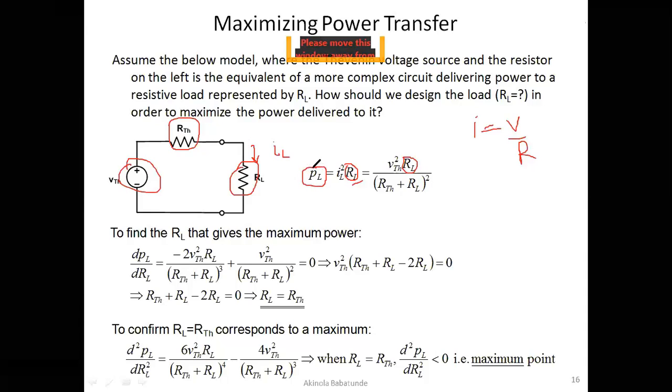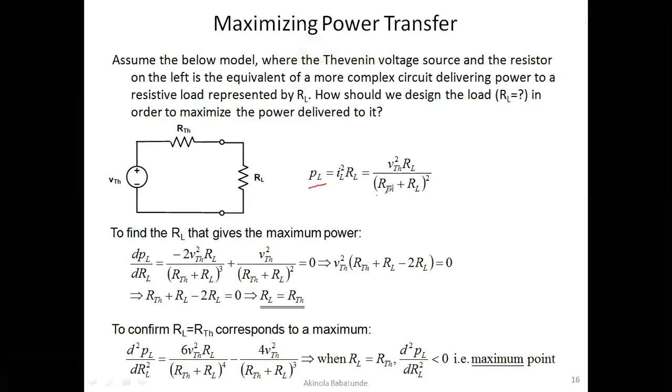Now, to find the RL that gives maximum power, this is what we are going to do. You will differentiate it. For some of us who are familiar with optimization, to find maximum power, the first thing you do is you differentiate your power equation and you equate it to 0. That way you will be able to find the value of a variable that will give you a maximum value. In this case, if you differentiate PL equal to V Thevenin squared RL divided by this denominator, what we will have is, if you keep RL constant and then you differentiate this, V Thevenin squared,